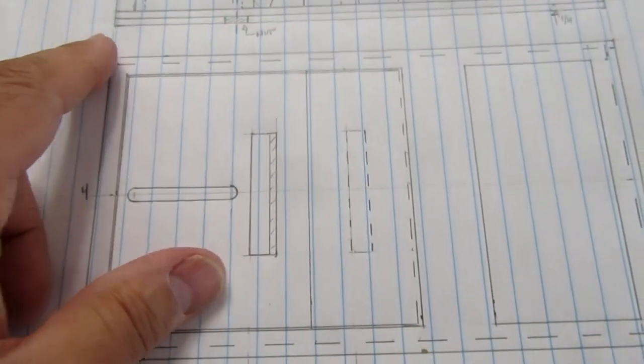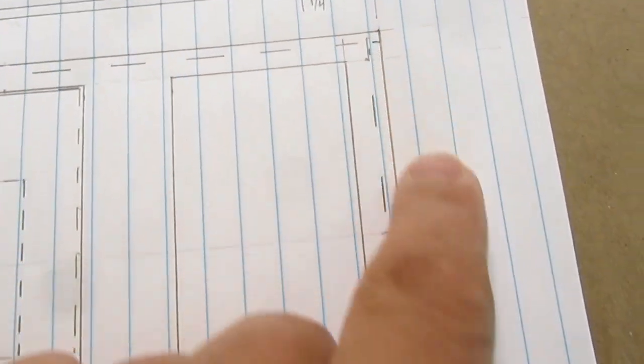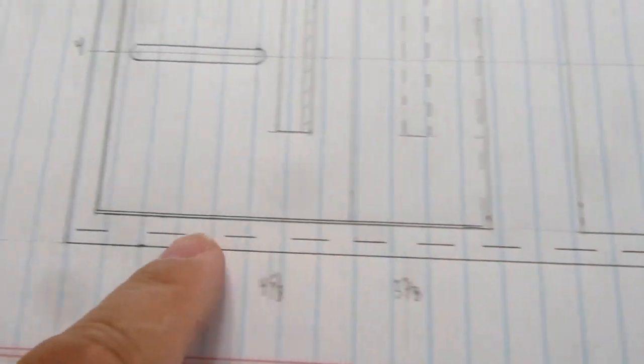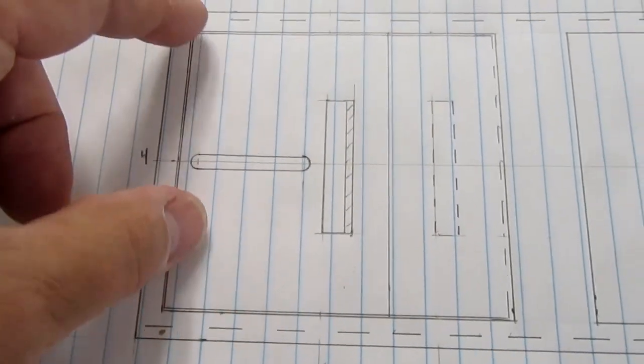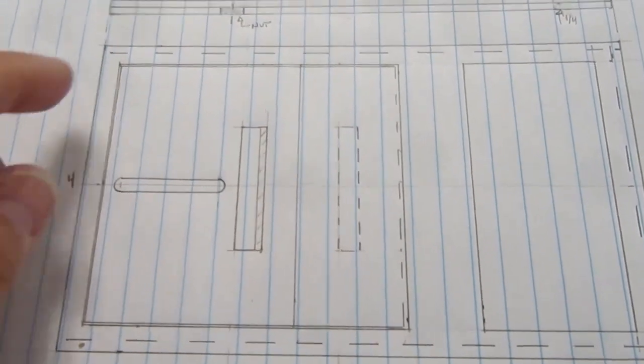Yeah, so then I also plan to face it. I've got these dashed lines here going around 3 sides. Those would be the visible sides. So after I cut out the big cutout here and the cutout here and glue everything together, then I'll probably